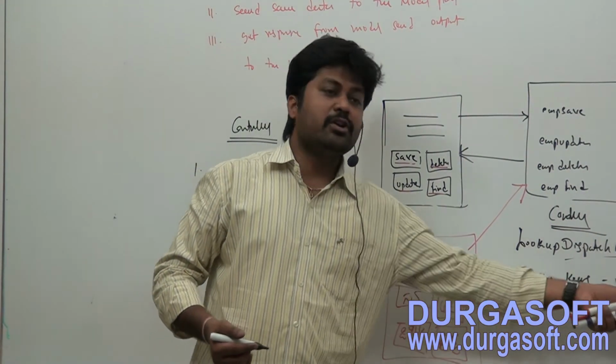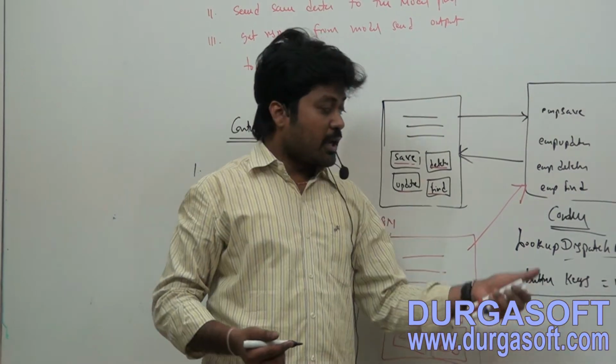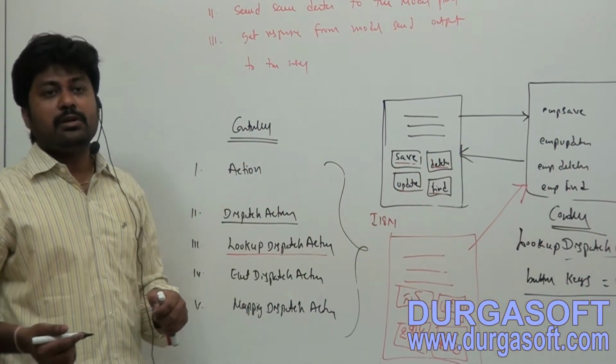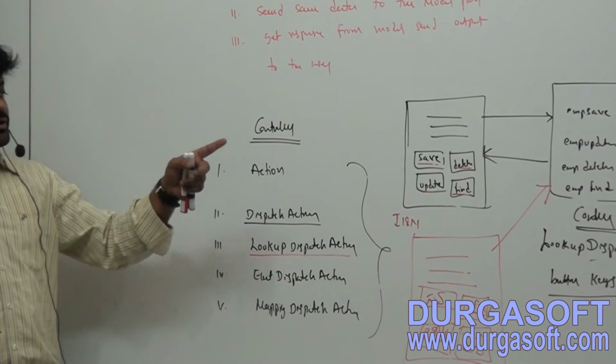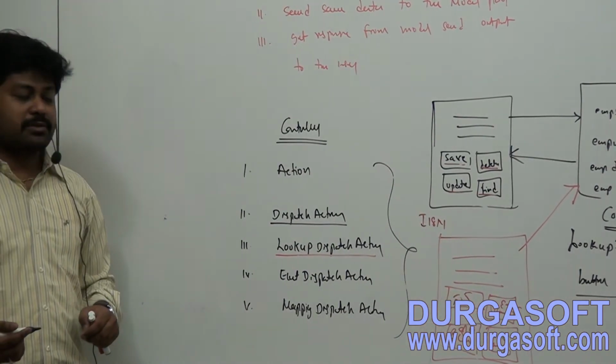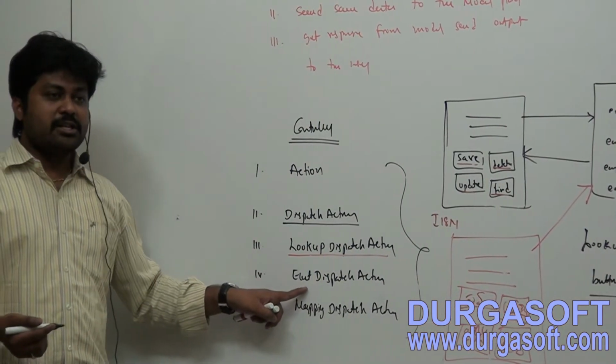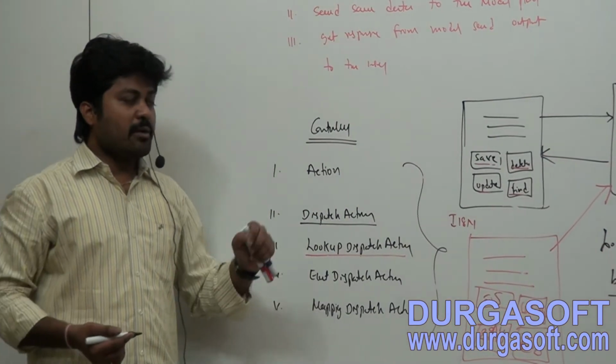By using those keys we need to map to methods. So in case of LookupDispatchAction class, you can achieve internationalization. So for these use cases you can go through LookupDispatchAction class. And when we have to go through EventDispatchAction class,